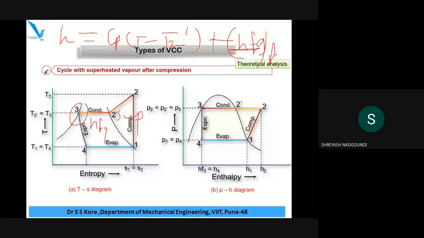Yes, you can draw these figures and write down the formulas, only then will you be able to solve the problems based on that. In the online examination, there are only small problems, and these are from the Kurmi Gupta book, so don't worry about that. But for other examinations, you should know these things. Yes, go through the cycle, go through the formula. If you have any doubt, please ask me.